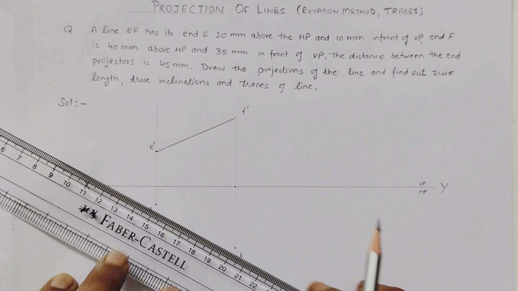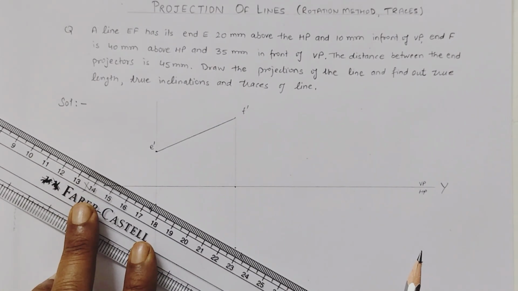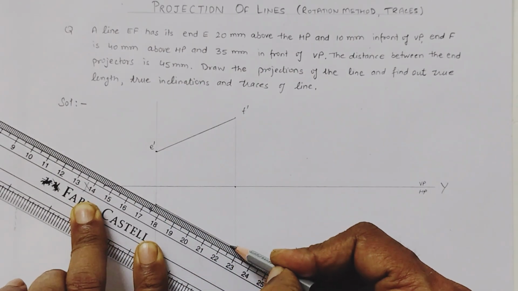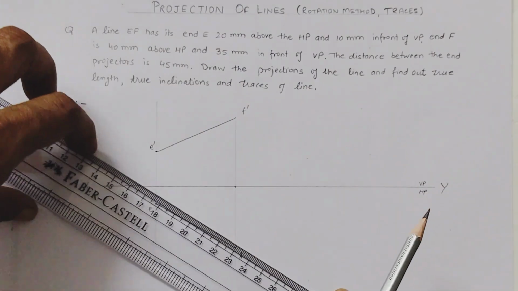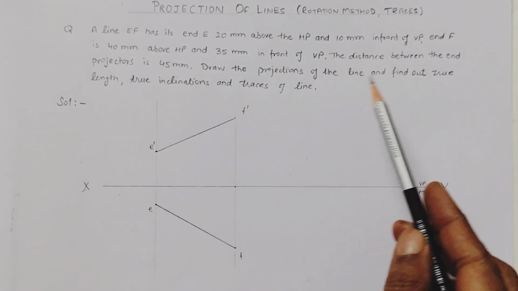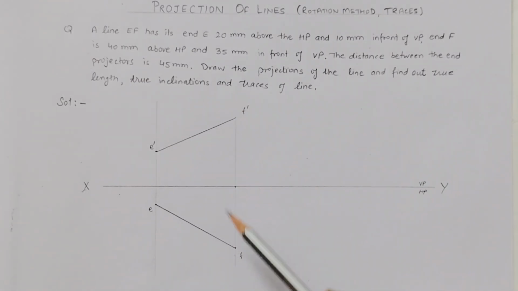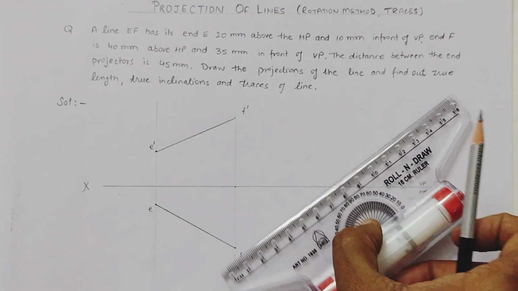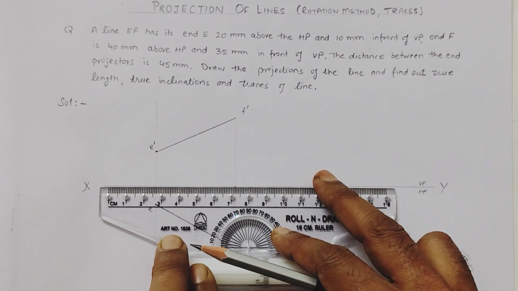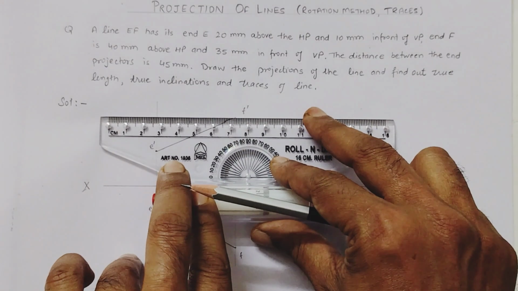Similarly, we will join the top view EF. Now, we have already found the end points and the projections of the line at the given condition. Now we will find the true length first. For that we have to pass horizontal lines from the end points, that is the front view and top view of point F. So starting from this side,